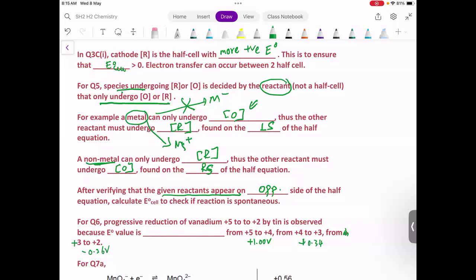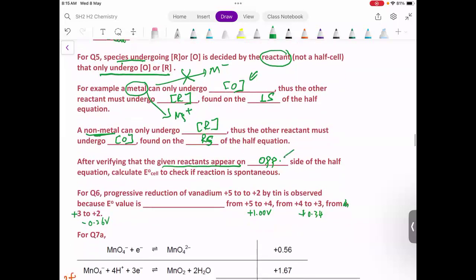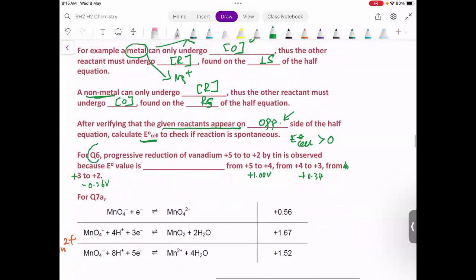Okay, so after verifying that they are on the opposite side, that still cannot guarantee a reaction. You must still calculate the E0 cell. Okay, and the E0 cell has to be more than 0 in order for this redox reaction to be spontaneous. So this is what you have learned so far. All right, then for question 6, very important,